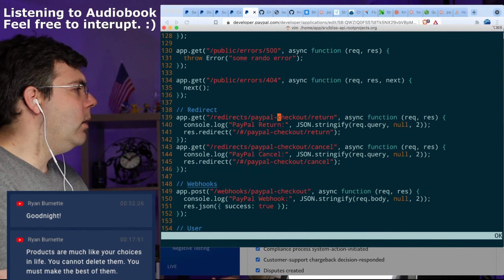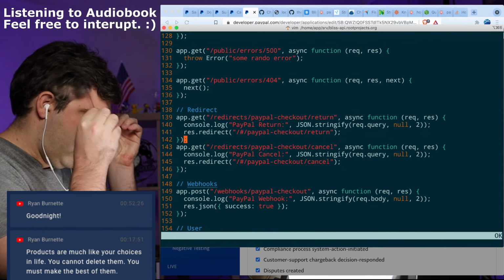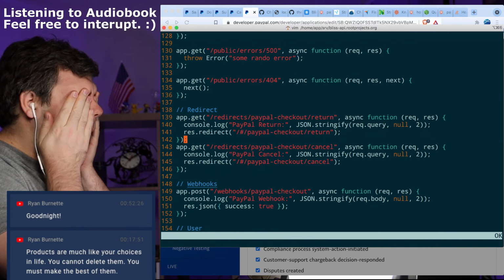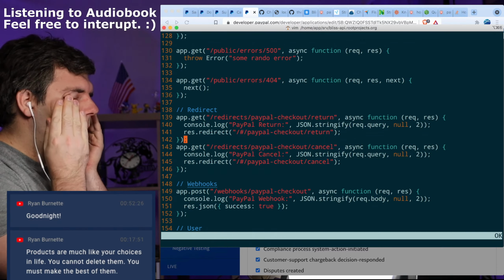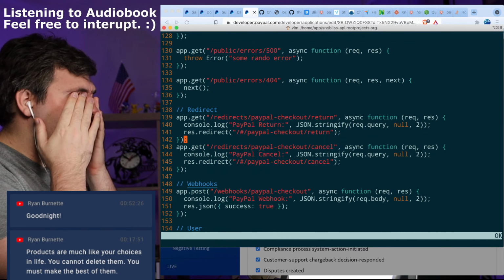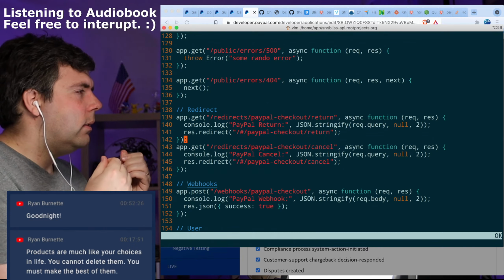And the little bit of information that we get here, I think, what was it? The token that we get, I remember it's somewhere.